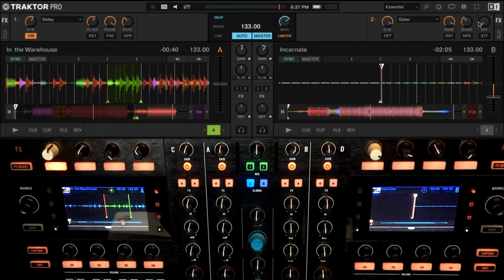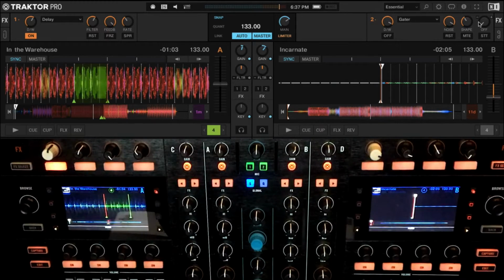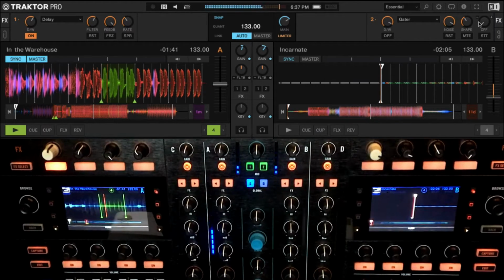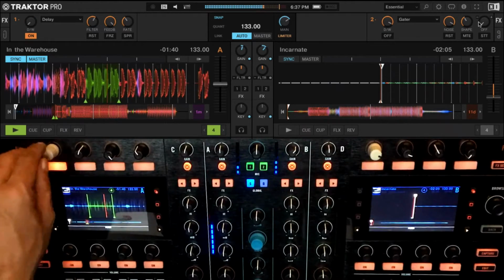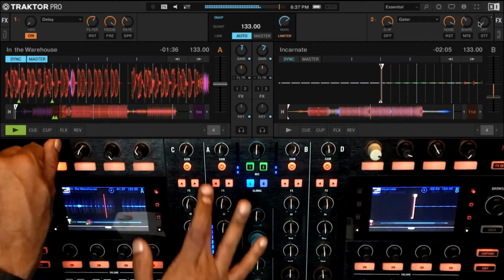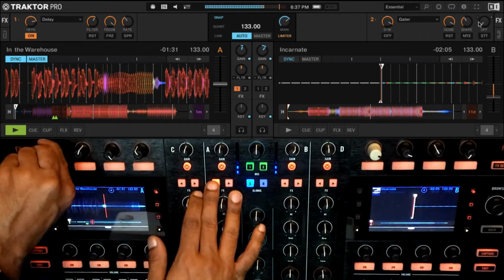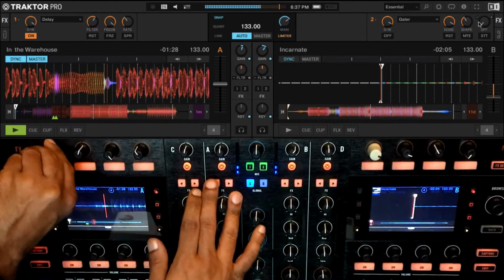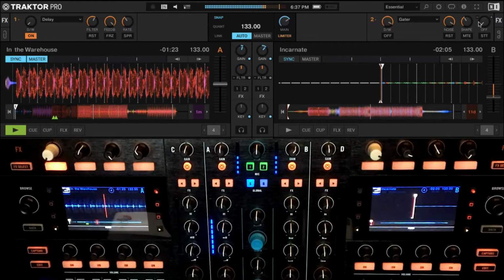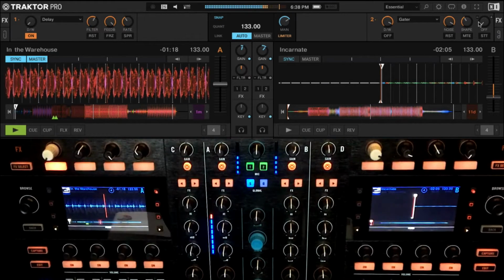So this can be useful where you can build a huge feedback and suddenly choke that feedback, okay? Let me show you an example of that. If I were to build up at a part like this, just before a breakdown or whatever. So I have a lot of feedback. I'm going to get out of this loop and start building it up. Effect on. Here we go. So that was something cool where the feedback was building up and it suddenly chopped off at the right part. That can be very useful to create these kinds of build-ups that suddenly stop.